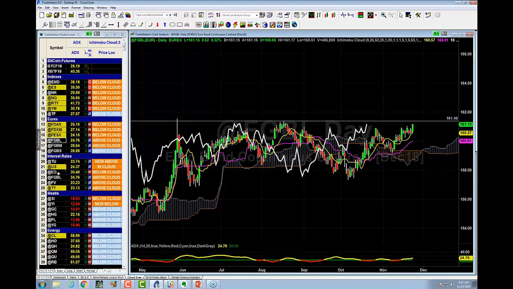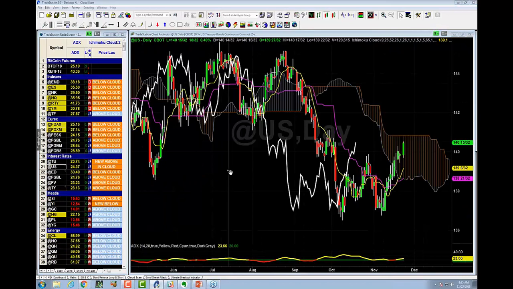So let's go take a look at our 30-year note. All right, 30-year note. Is this a long, a short, or a pass? For me, anytime the price action is in the cloud, it's a don't touch this. It's an MC Hammer trade. Don't touch this. So since it's in the cloud, it's hands off for me. It's a pass. So I'm just not going to trade it. I'm just going to leave it alone. I'm going to wait until it makes its mind up, and then I'll go with it after that. There are plenty of other things I can trade.